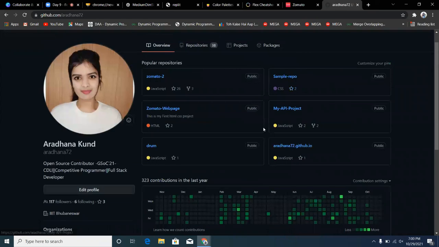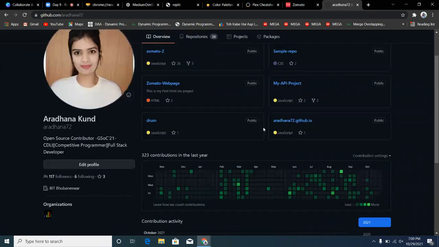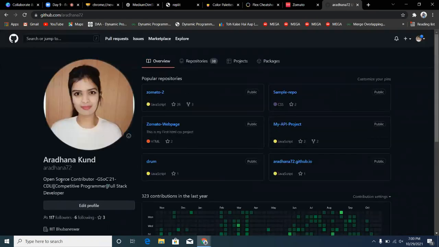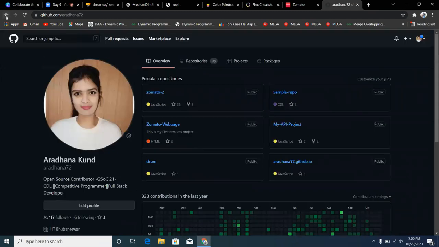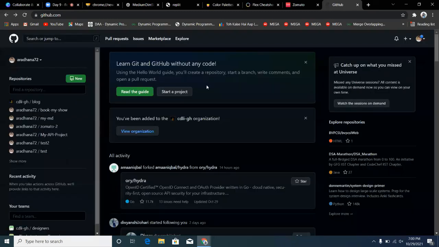If you want to add in your projects over here, or a detailed description about yourself, you can do that. Okay, so this is what you can do. Up to now, I want you guys to create your GitHub account and then go to it and change whatever you want, like add a description about yourself. If you already have your GitHub account, that's well and good, no issues.